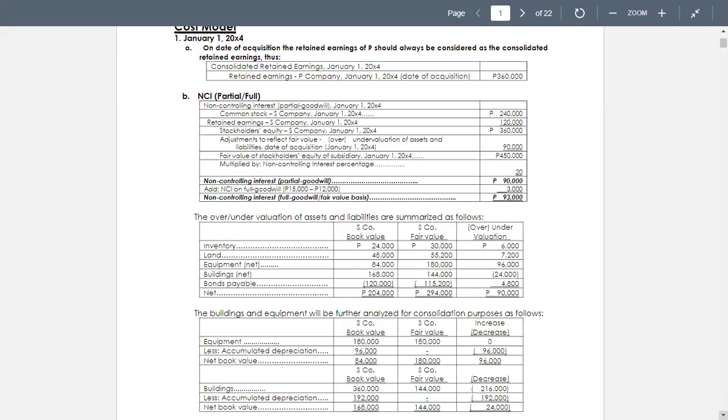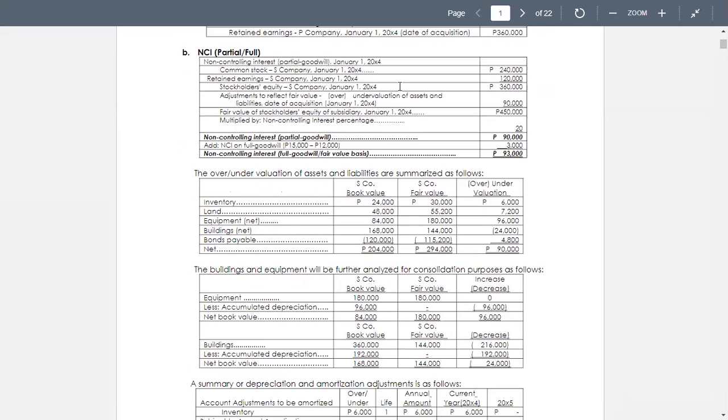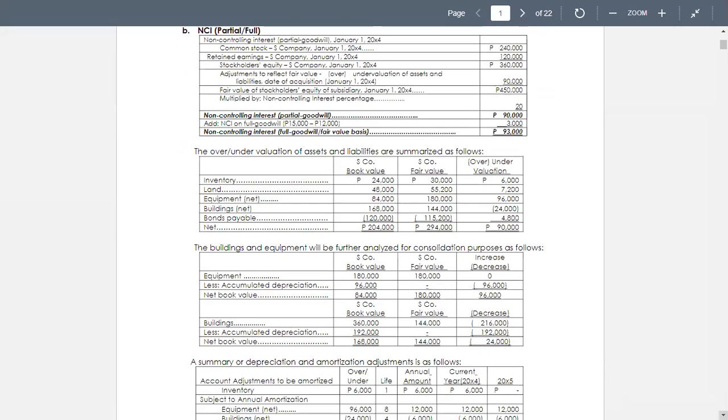So we have now the inventory given, all the amounts are given, including the book values and the fair values. So inventory had an undervaluation, 6,000. Land undervaluation. Then we have equipment, given is